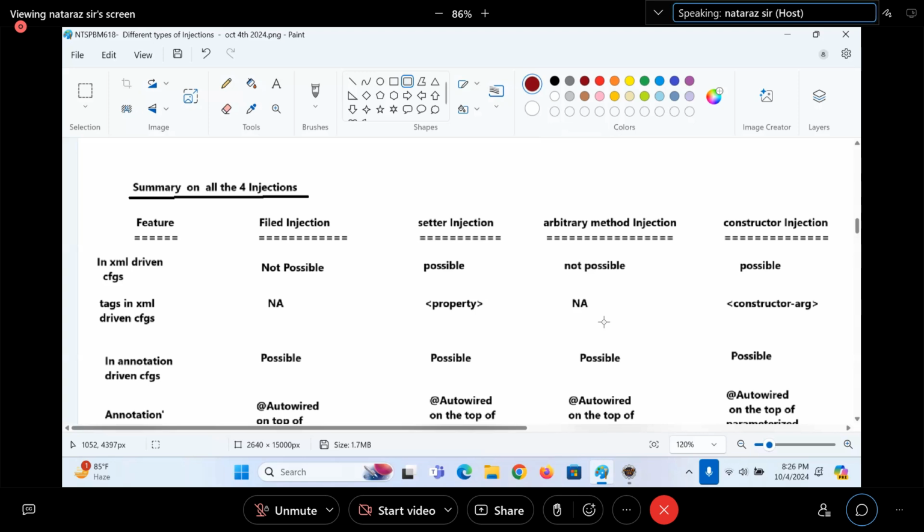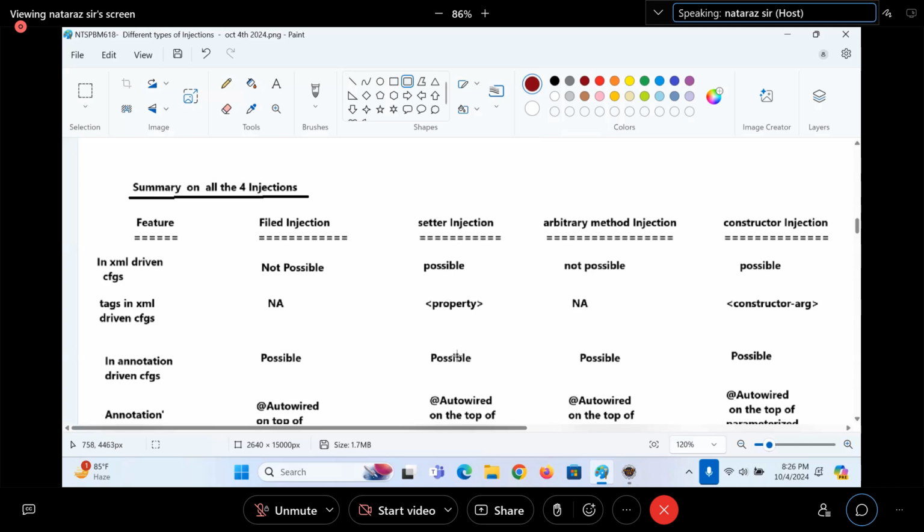That's why, to configure a Java class as a Spring Bean, the bean tag. For setter injection, property tag. For constructor injection, constructor-arg tag. When you write sample code, you can say, I'm a modern programmer, I never worked with XML driven configuration. If your project is in a legacy model and you give me the opportunity, I'm ready to learn. As of now, I work only on the latest approach of not using XML. What is the tag we have got for constructor injection? constructor-arg. In annotation driven configuration, guys, possible or not possible?